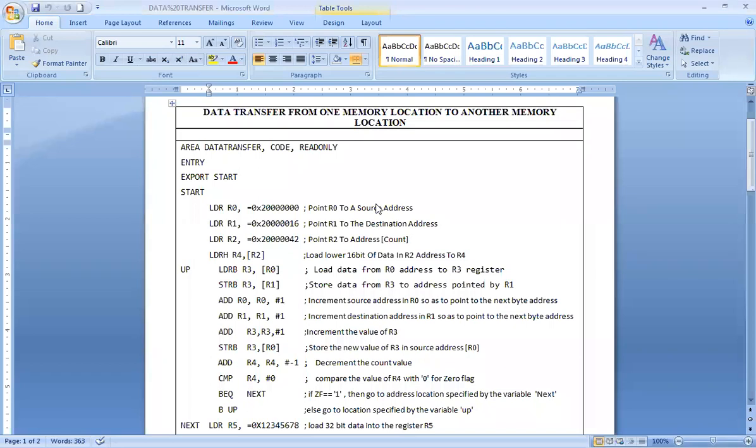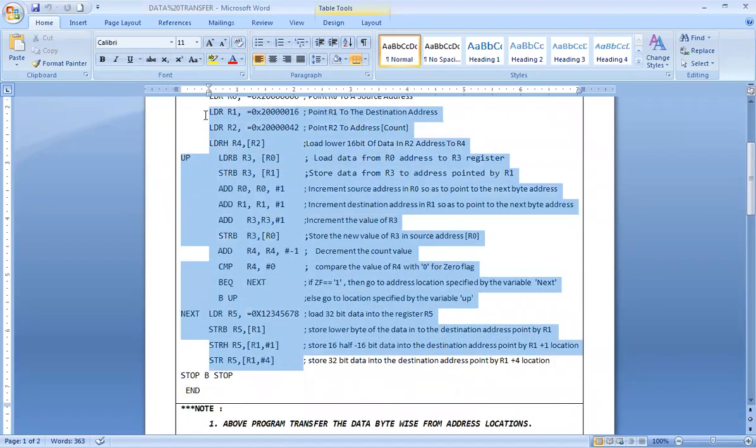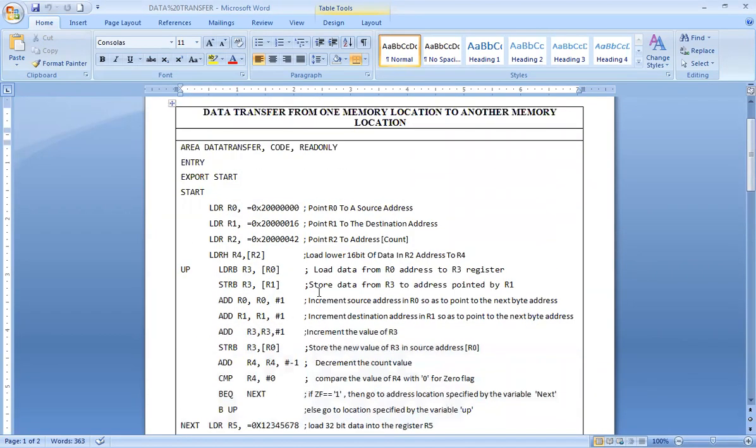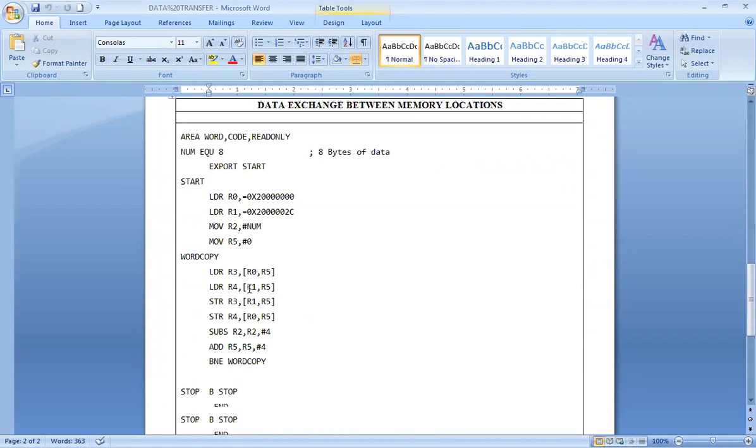So in the previous lab, we had looked into shifting data and how these help in communicating between one register to another register, right? So today we'll be looking into basically two programs. In one program, we're going to see the extensive use of instructions, and here we are also going to look into the operation of each instruction, and this is going to be the exchange of data between two memory locations, right?